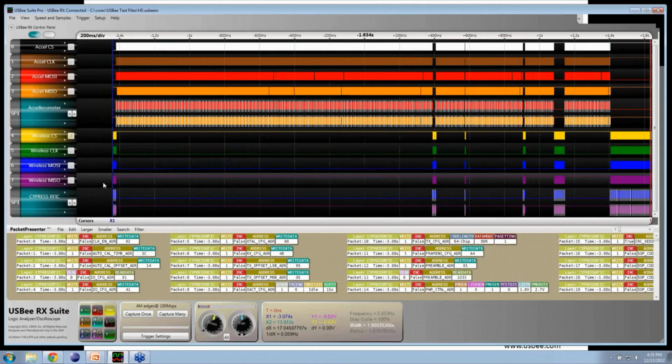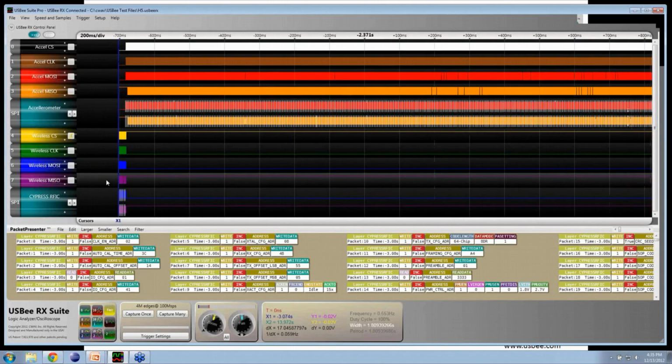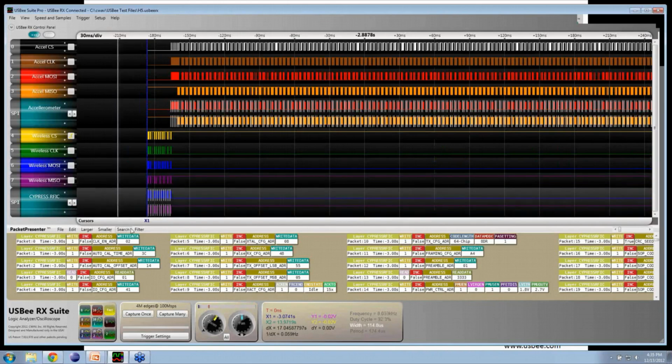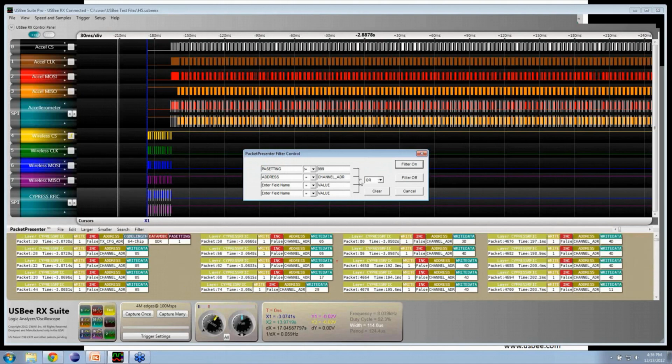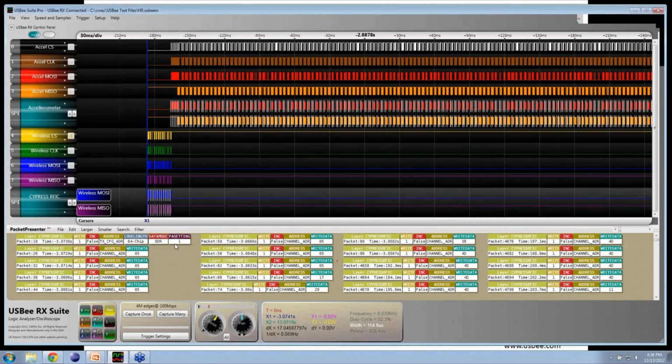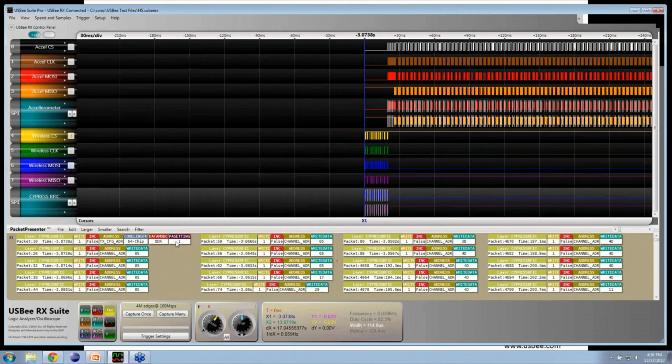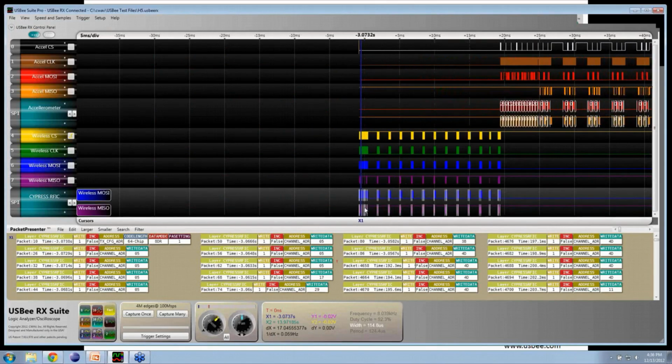We are going to go in and we are going to find and filter. Basically, we would like to see the power amp settings. There is a power amp setting field, and I turn on the filter. This is also showing me the channel that we're operating at. But once I apply the filter, you can see the first packet we find, which is actually written at the very